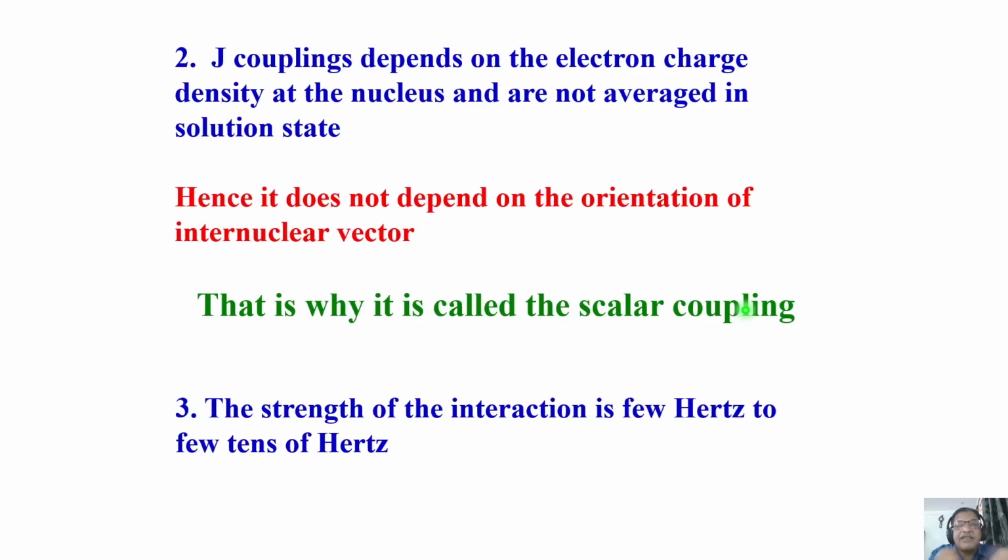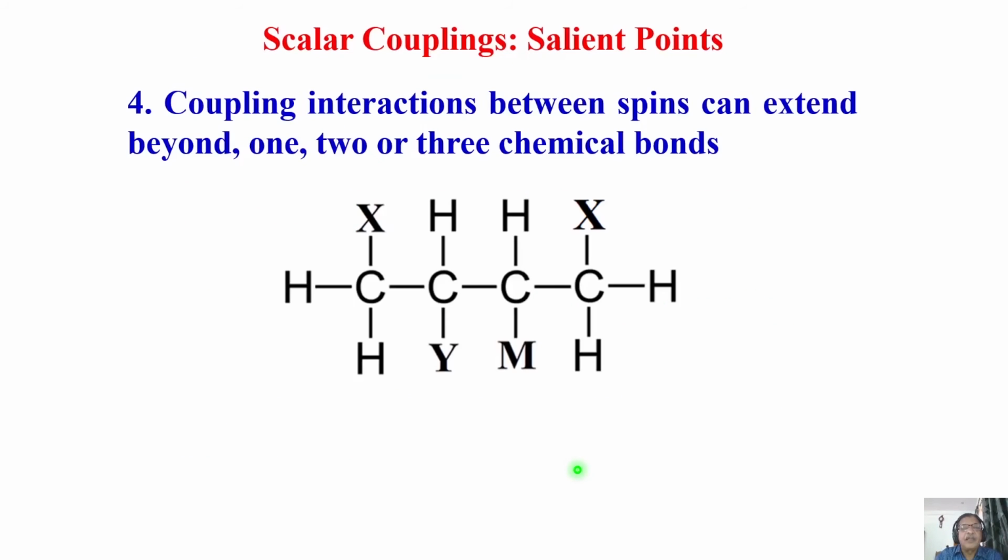If the coupling is between like spins, homonuclear spins, there are ways we can say what the coupling strength is for 1 bond, 2 bond, 3 bond, like that. Similarly, if they are heteronuclear, we also know. Remember, one thing: the strength of interaction is always from a few hertz to a few tens of hertz. It can be 1 hertz, 2 hertz, to several tens of hertz.